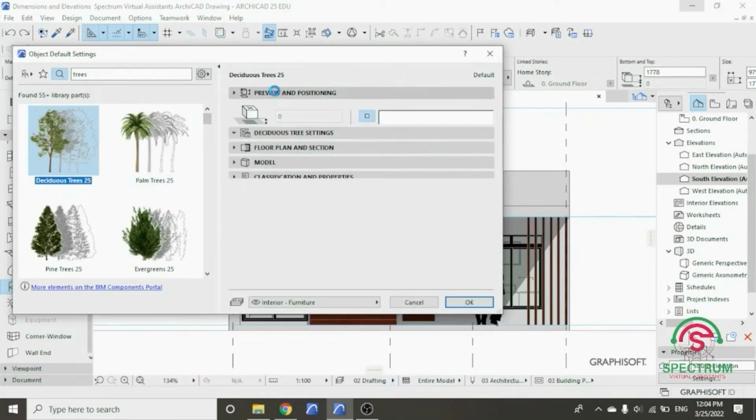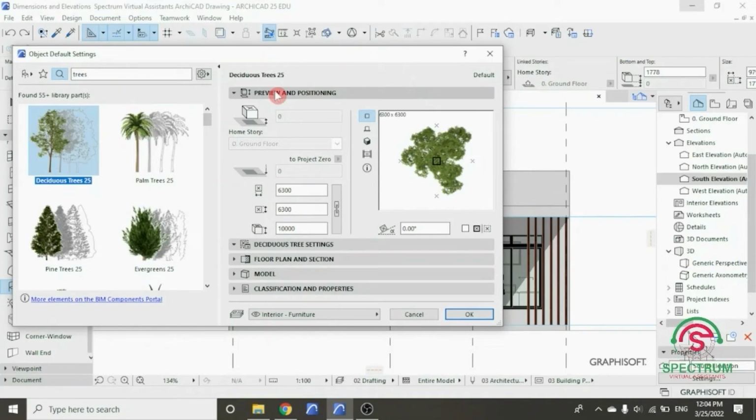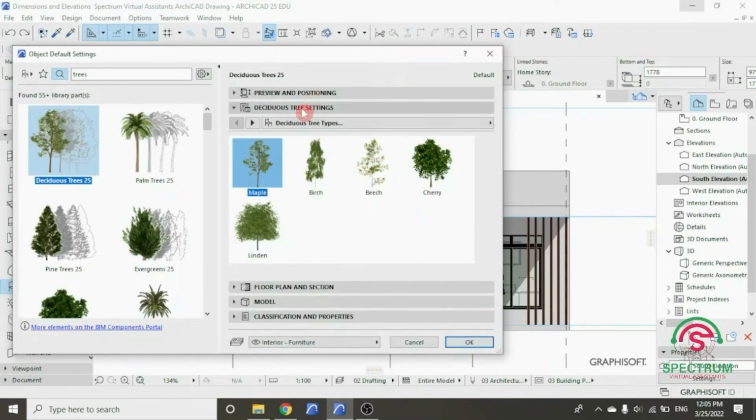Under Preview and Positioning Settings, these are the settings for our tree, and this is the height. These are the settings